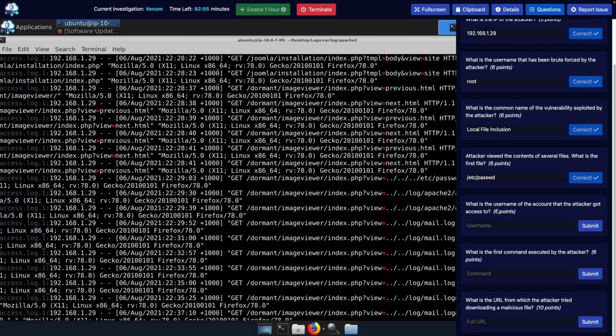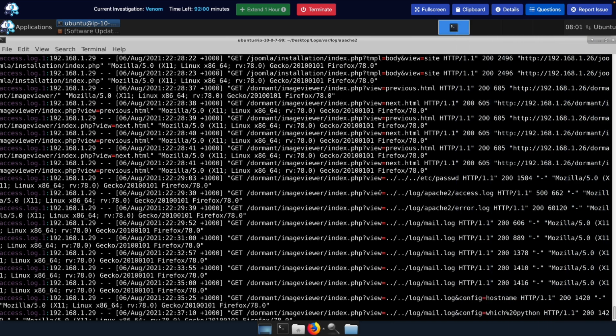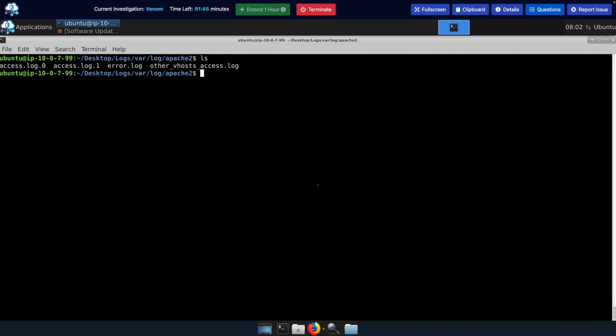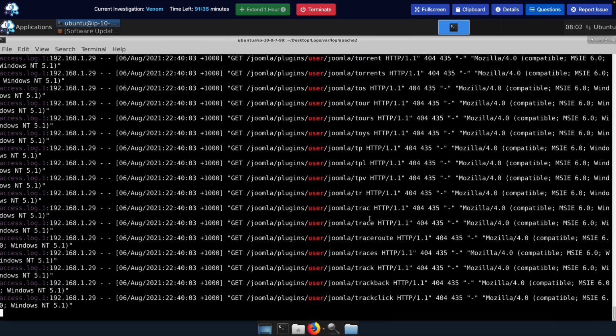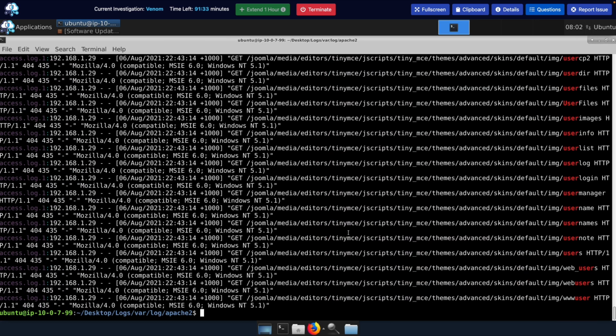Question 6. What is the username of the account that the attacker got access to? Well, this is particularly a good question, because it will make you think from the attacker side as well as from the system internal or Linux internal side as well. I'll show you what I mean. So here in the logs, let's grep for any user entry or any user keyword, and let's see if we have any username present. So everything is part of the brute force